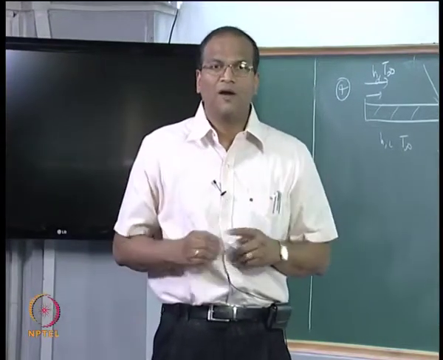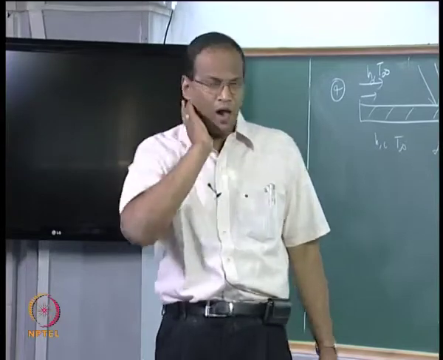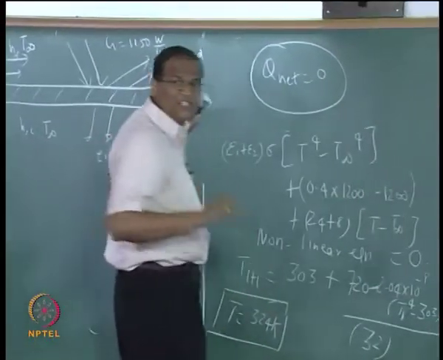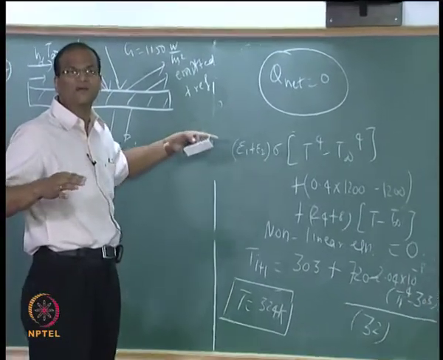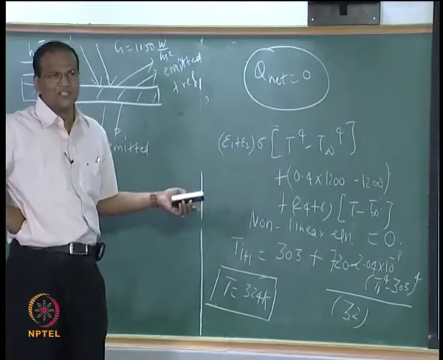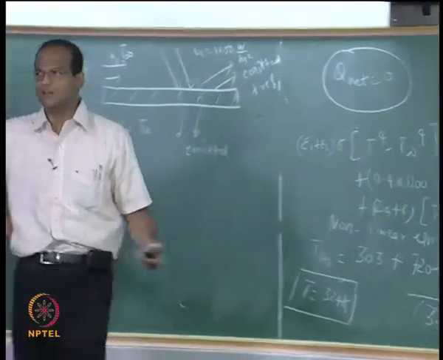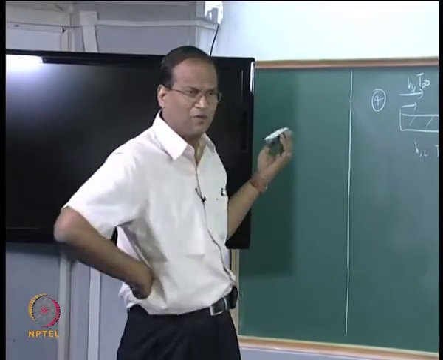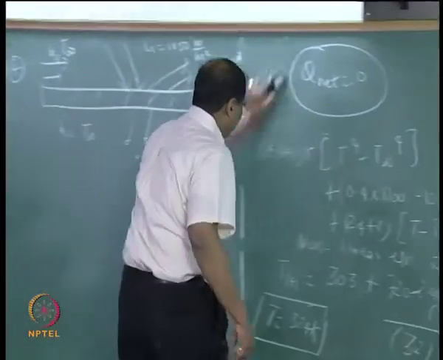Now how will you redesign this for a solar collector? Is this clear to everybody? So we are done with the quiz now. If you started iterating, I would have given 5 or 6 marks regardless of whether you got the right answer, and if you have got something close to 323, 324, 325, you would have got 10 marks.